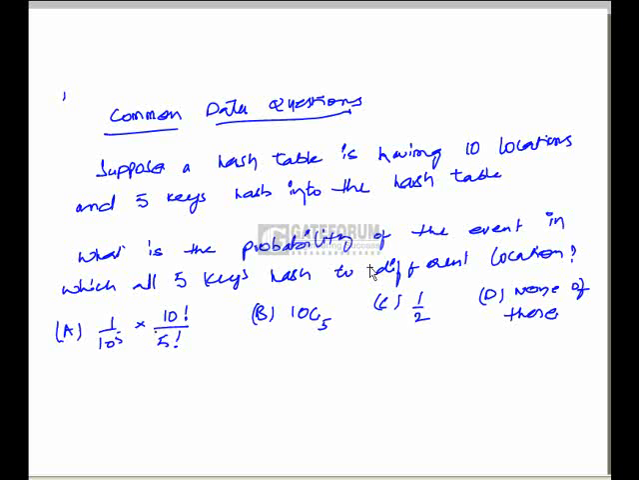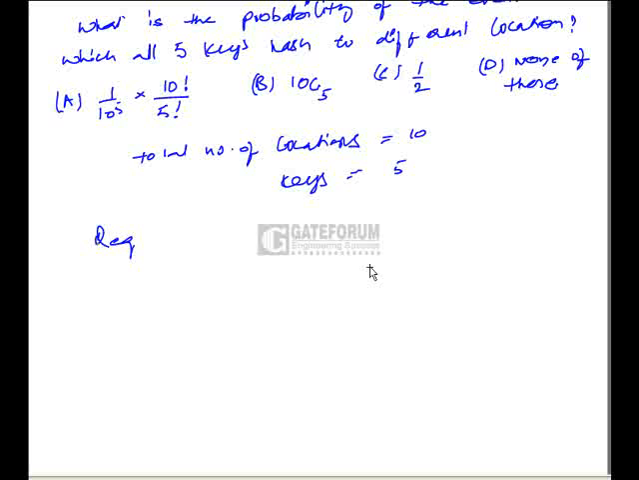Here, a hash table is given and total number of locations is equal to 10, and total number of keys is equal to 5, and we have to find the probability of the event in which all 5 keys hash to different locations in the hash table. So the required probability would be